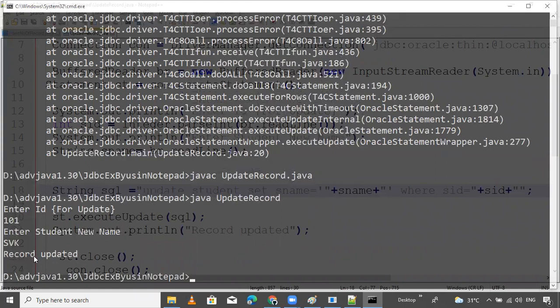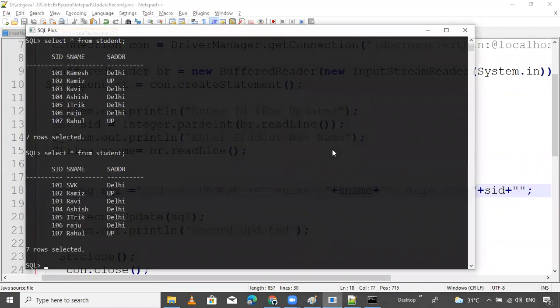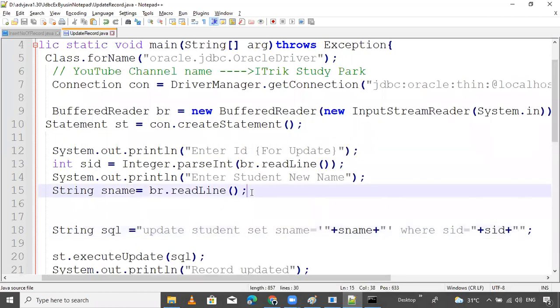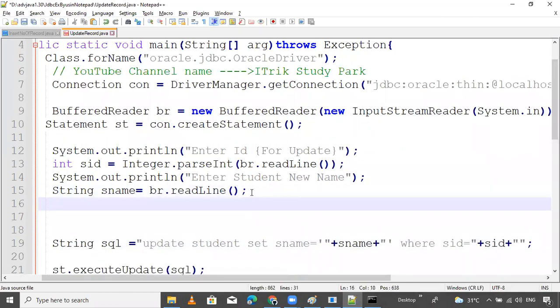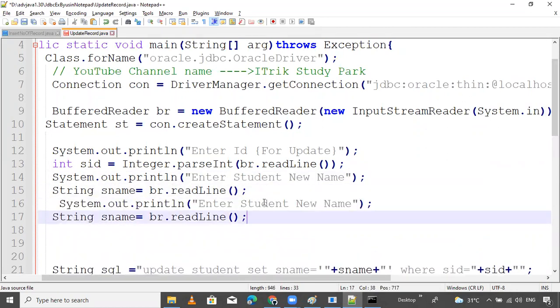Yes, record updated. Now the record is updated. Let me check. Record is updated. Now I want to try to update the address also. So simple, ask this: enter student new address.